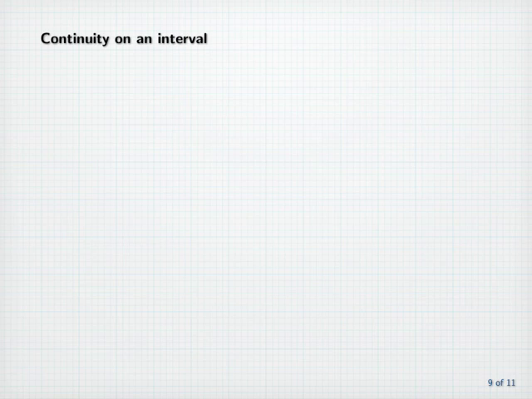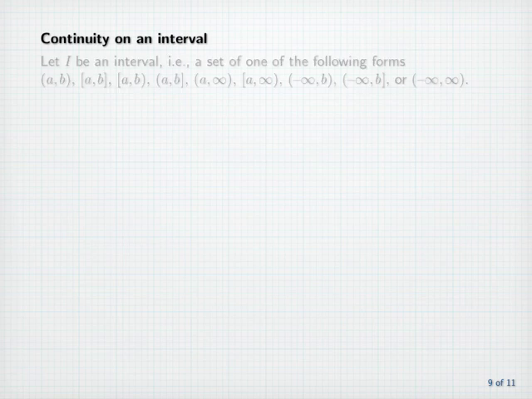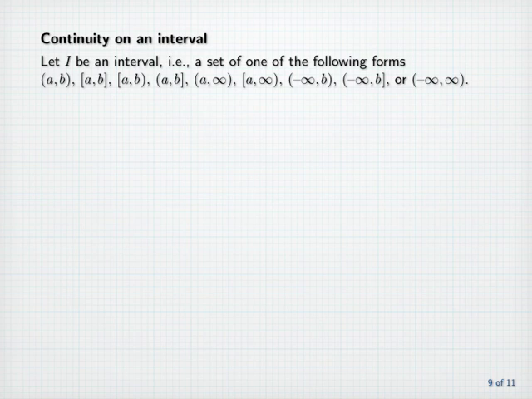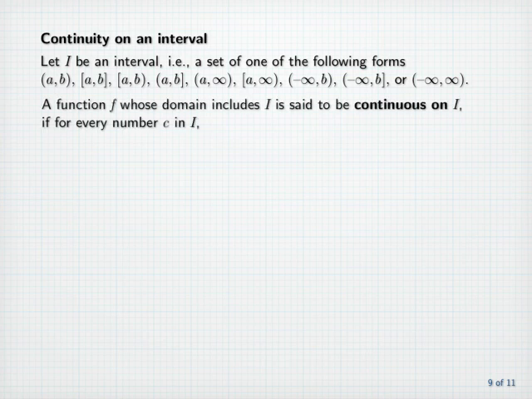Continuity on an interval. Let I be an interval. It may be a closed interval, an open interval, a half-open interval, or even an unbounded interval. A function f whose domain includes I is said to be continuous on I if for every number c in